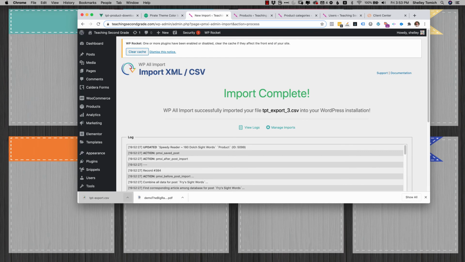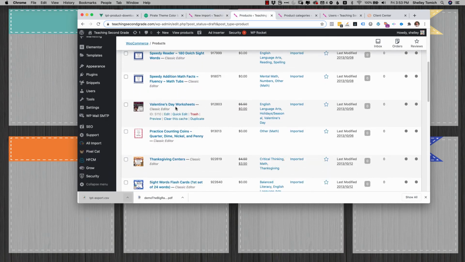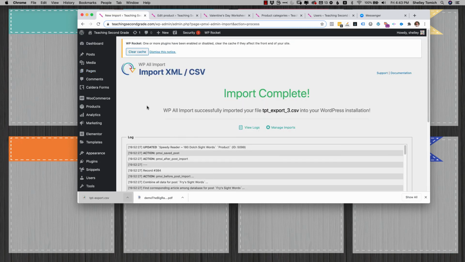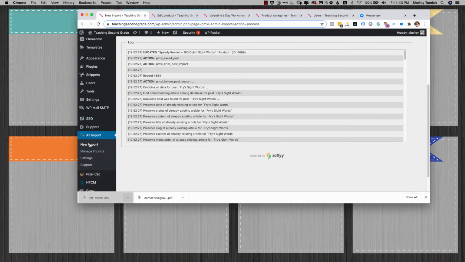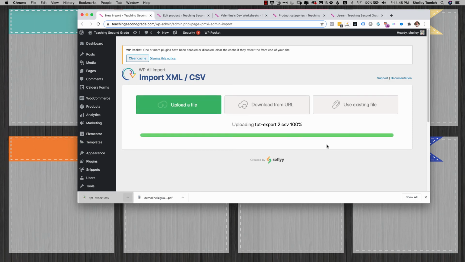So then the next thing you do is just repeat it for your other two CSV files, and when you're all done, you will have all of your products imported. The next one to import will be a little bit easier because you have the template already made. So you basically just choose your file. So I've grabbed my file,